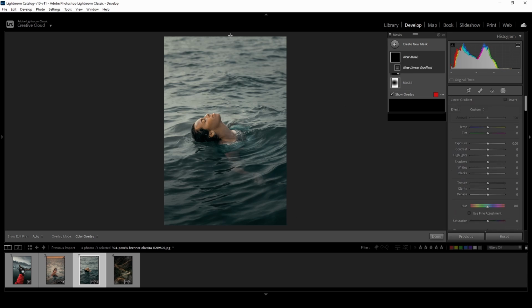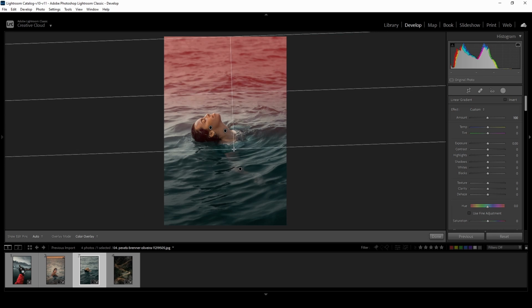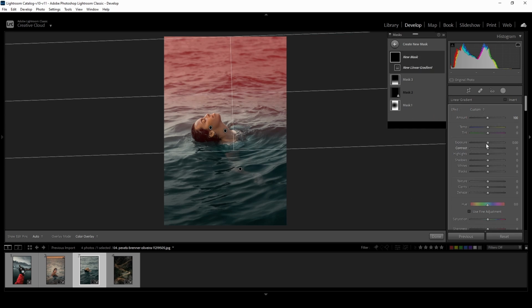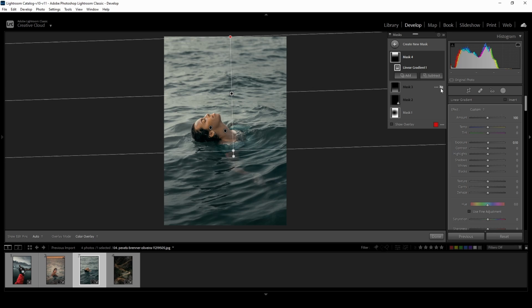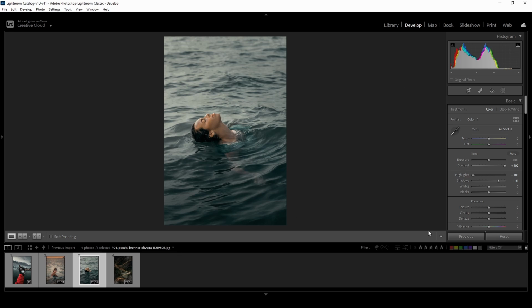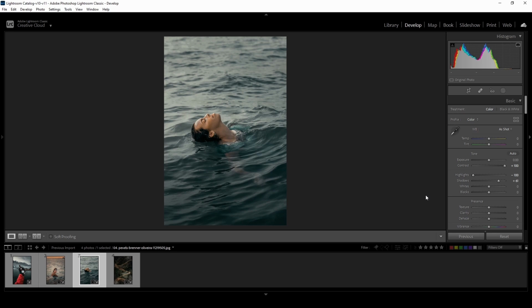Now I am adding another linear gradient from the top and darkening it a bit. Here are the before-after local adjustments. And here is the before and after of the photo edit.